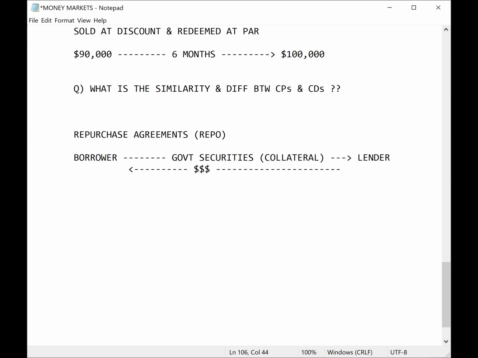But guys, the borrower is not selling the government securities. It is just lending the government securities to the lender for some time with an agreement to repurchase them back. So eventually the government securities would go back to the borrower only. And he would pay the